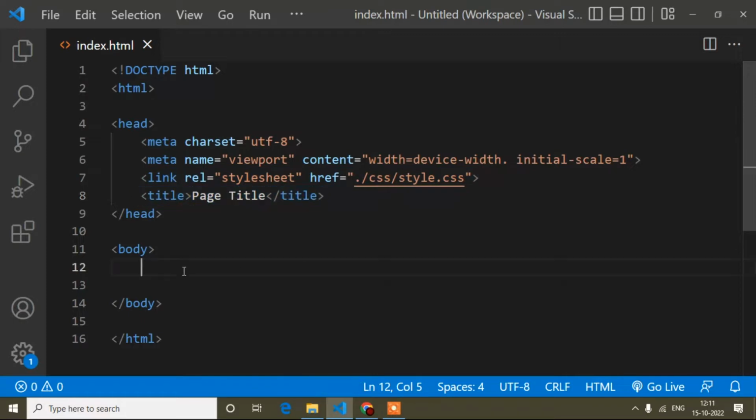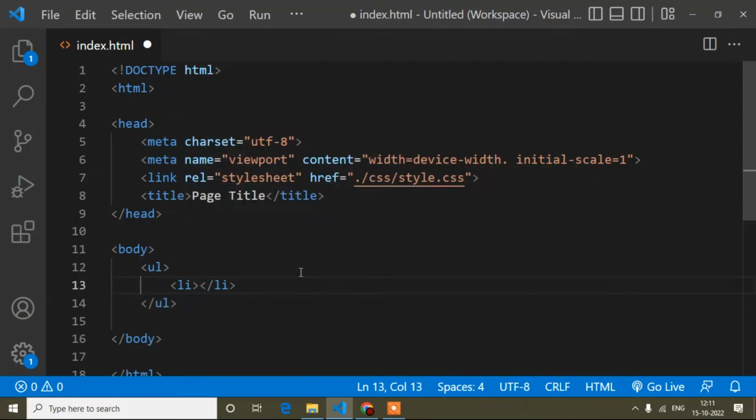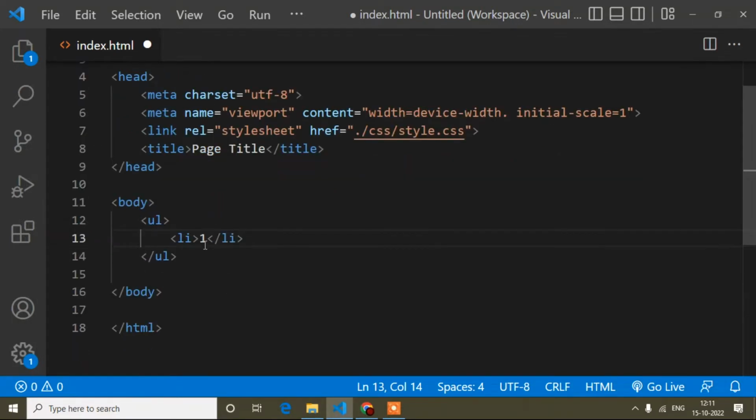And now guys, first of all, I have to create the list, meaning the contents where you want to add the pagination. So first of all I will write a UL tag, and inside this UL tag I will add some li tags and I will add the content. Content means here I will add numbers only, 1, 2, like this, but in your case it will be the contents. And one thing I want to clear, instead of ul and li tags you can use div tags as well. So now I will add some more content, like 1, here I will add 2,